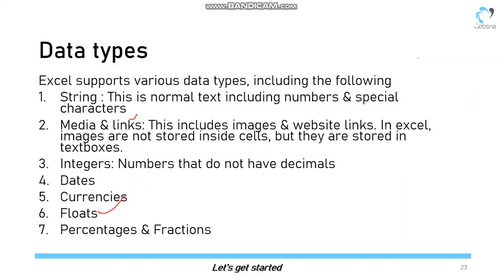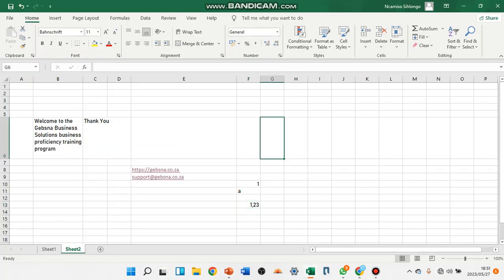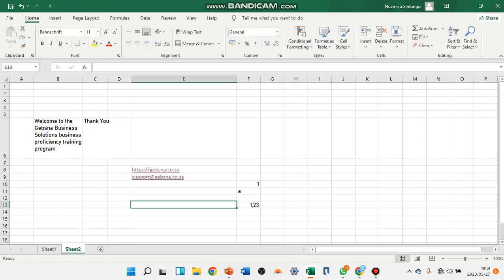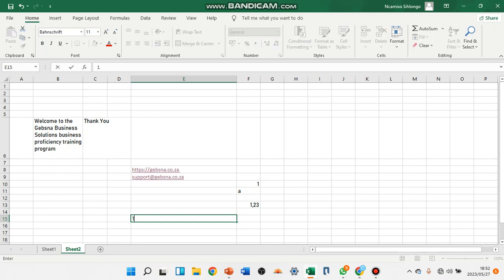So now we have integers. We've discussed integers. Now we move on to the concept of dates. How do you insert a date? Yes, to insert a date. Now let's say it's 1 January. Oh, what's the date today? It's 27 May. Yes, let's use today's date. Let's say it's 27 May